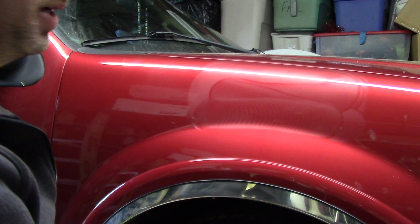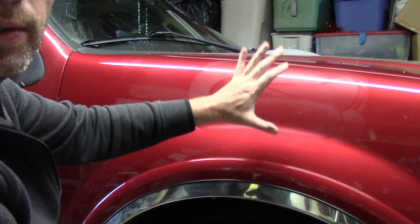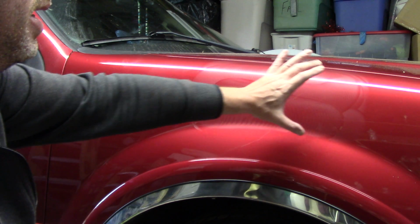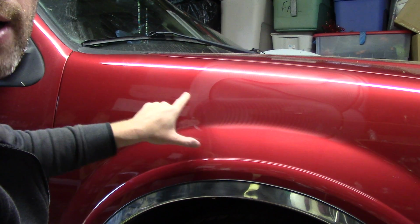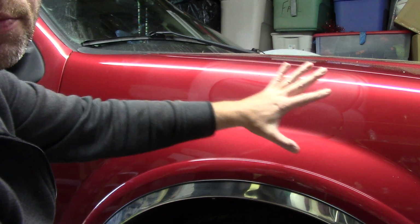Some of you might notice, I typically say when you use a dual action polisher, you want to start off slowly, you want to engage the compound. You might have noticed there towards the end I started working fast, because I know how HD Speed works. The abrasives or the cleaners, whatever's in it, is going to be there for the first 3 or 4 cuts over the panel. And then what I want to do towards the end, I want to lighten my pressure and just spread out the